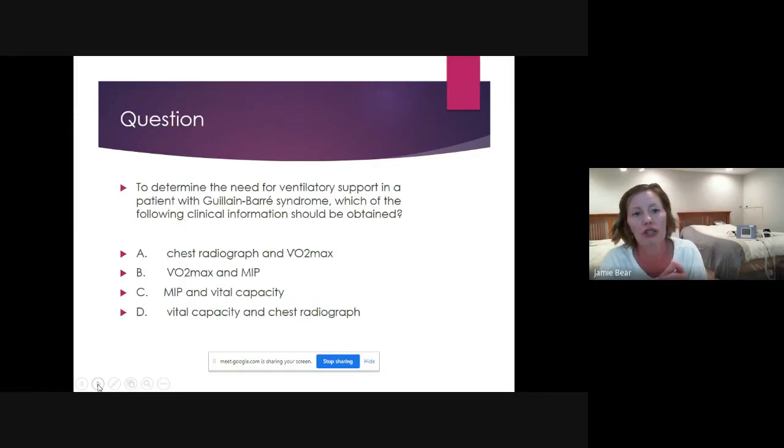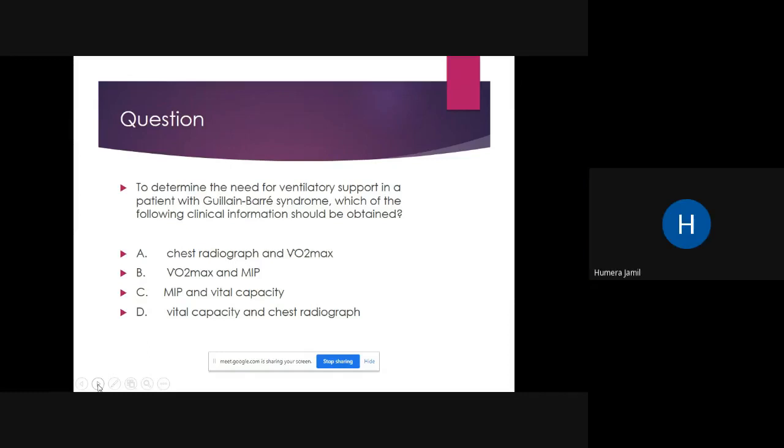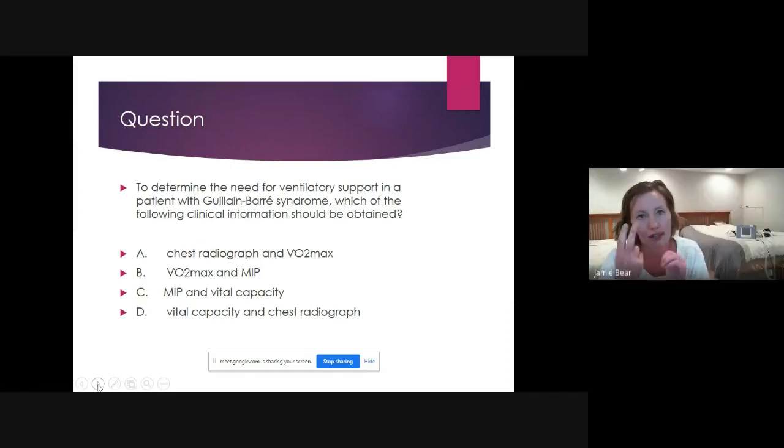Question. To determine the need for ventilatory support in a patient with Guillain-Barré syndrome, which of the following clinical information should be obtained? C, MIP and vital capacity. Yes, MIP and vital capacity are the two things that tell you about muscle strength. Okay,